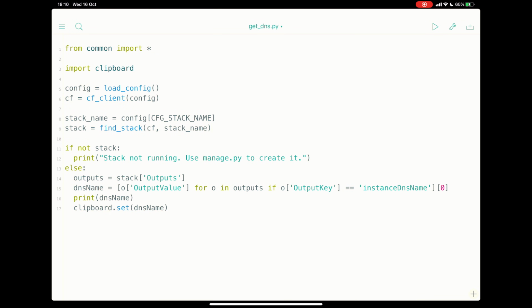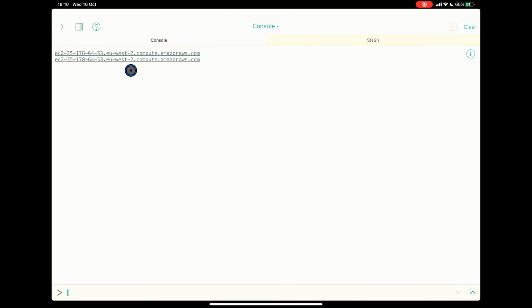So with Boto3 installed, I'm now ready to interact with my resources in AWS. Let me just show you one quick utility I've written, which grabs the public DNS name of my server and just copies it to the clipboard. And now we're back in Pythonista here, and you can see I've imported the clipboard module. This is another Pythonista supplied module, and I'm able to just call clipboard.set with any value I want, and that's then on the clipboard. If I run this, you'll see it just writes out the domain name to the console here,